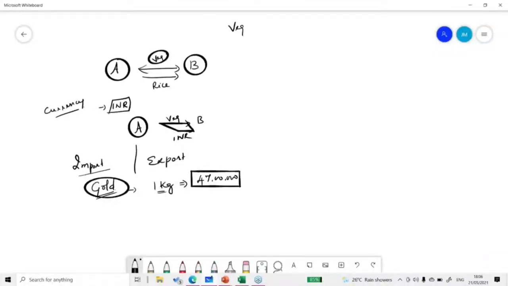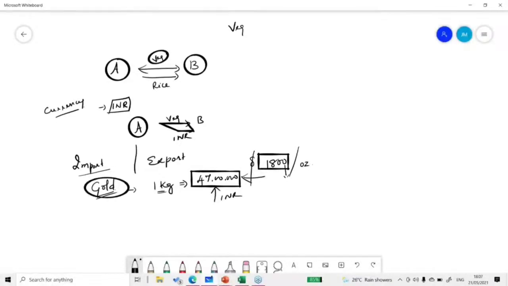And if I'm going to buy it from a jeweler available in the Indian market, I'll straight away go and pay INR 47 lakhs and buy the gold. But if I'm going for an import, what do I need to do? I cannot make INR payments. Say for example, in the global market, gold is currently trading somewhere around $1,800, and this is the commodity price quoted per ounce. Now we need to convert that into kg, whatever it is. The payment needs to be done in terms of dollars.